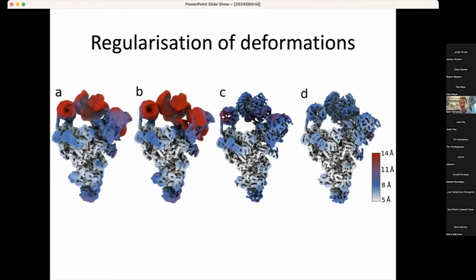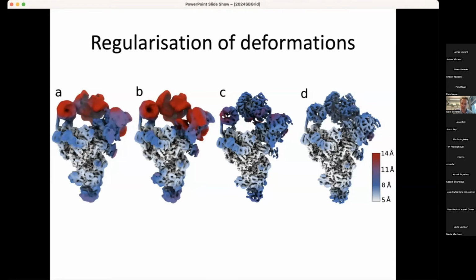If you now use the fact that we've solved these structures using multi-body and people have built models in them, you can take these atomic models, rigid body fit them in the consensus map, and then use a coarse graining of Gaussians on top of these atomic models, where you keep distances very similar to what they were in the atomic model, basically making the atomic models move around as partially rigid bodies. You run that in Dynamite, and you get this reconstruction.